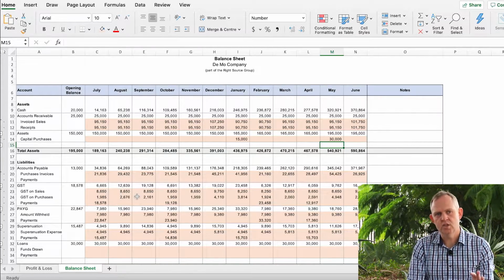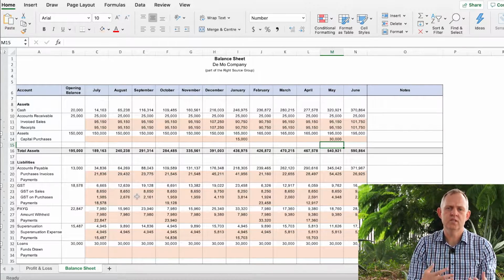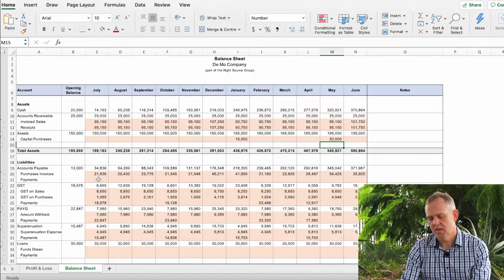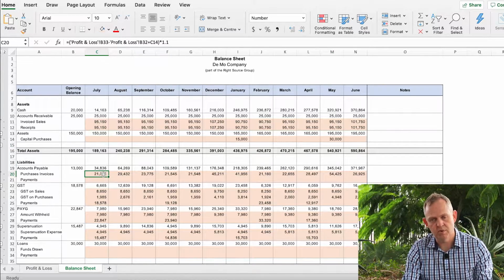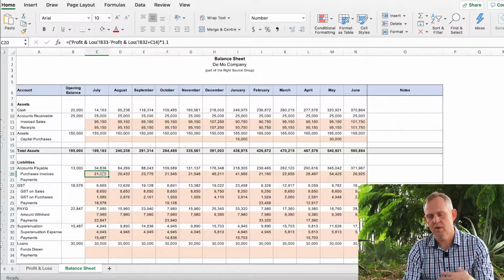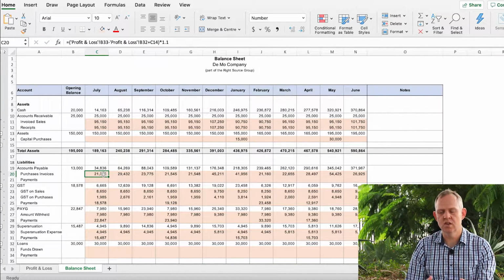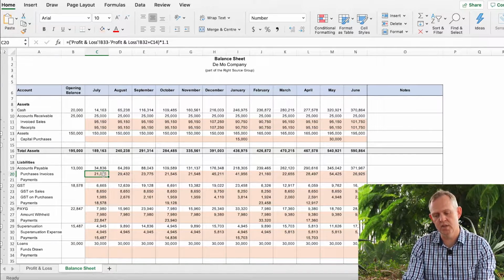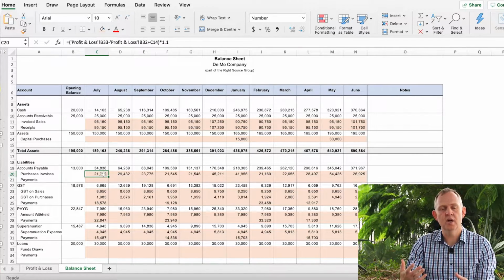The first line in this is your accounts payable. So what you need to pay for your bills, excluding employees, what you need to pay suppliers. So again, that comes straight out of your profit and loss. There's a formula there to help you. Again, it probably has GST on it. I've just made an assumption everything has GST payable on it, so we've included that. So that's what suppliers are owed.